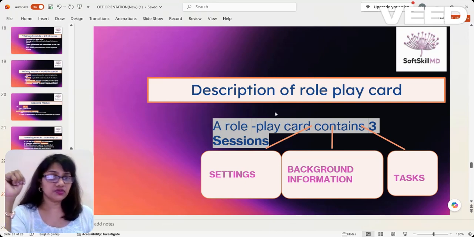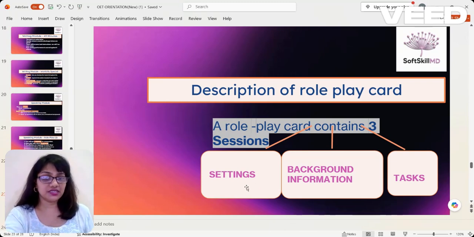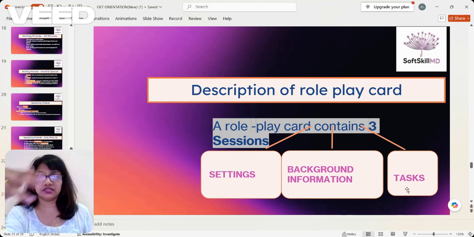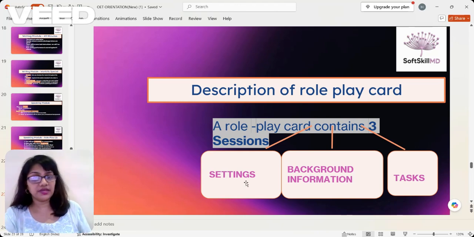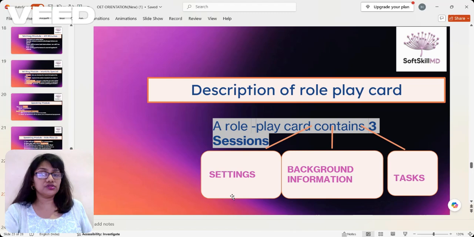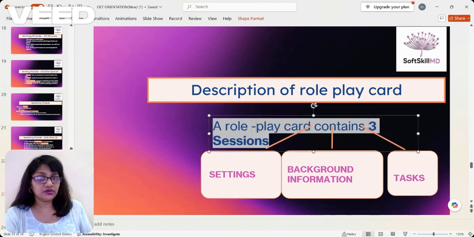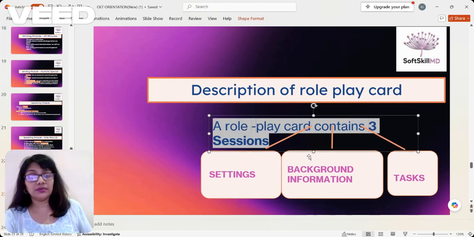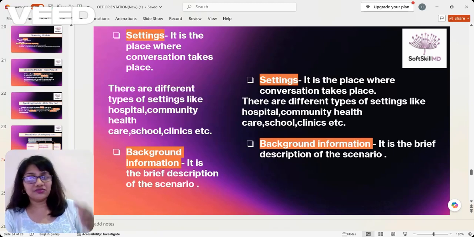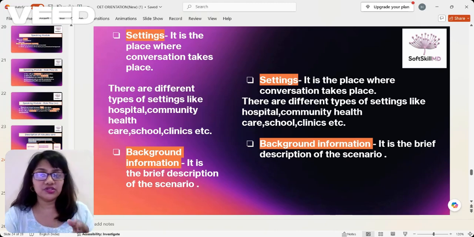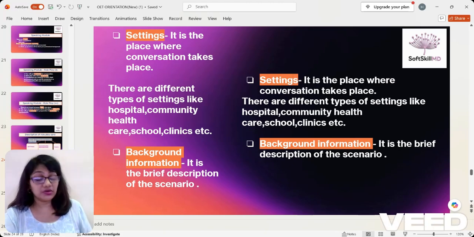Yes, the description of the role play card constitutes of the setting, the background information, and the tasks. So we'll be teaching you how to use this information in the role play card and get into the situation, speak like it is a natural scenario, and you will be able to excel in speaking, because it is not going to be very difficult for me to take you through this, as I have taught more than 500 students the Occupational English Test, and they have cleared with very good scores, about 350.